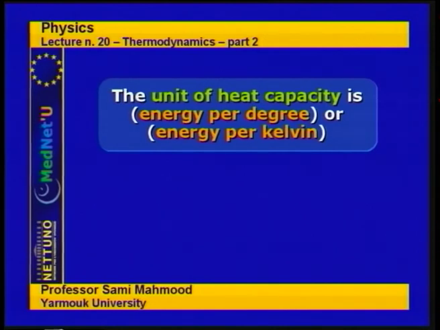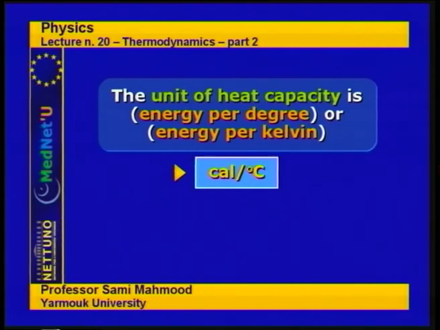So energy per degree centigrade or energy per Kelvin is the unit of heat capacity. That would be either calorie per degree centigrade if we adopt the traditional unit for heat, which is the calorie,